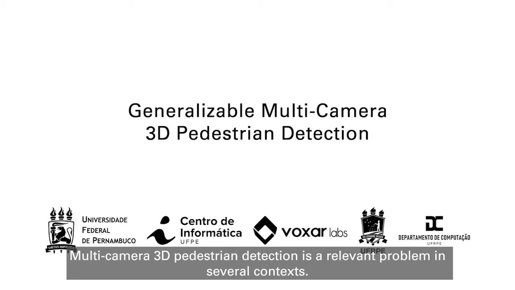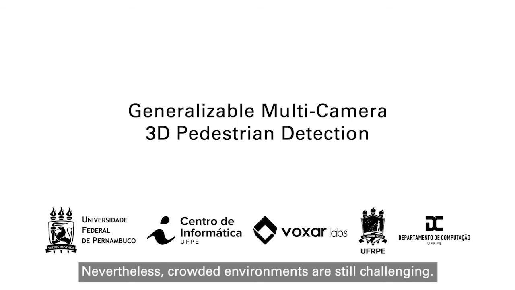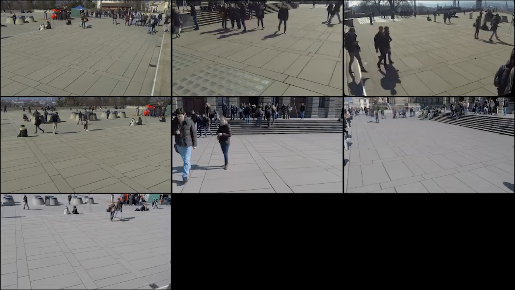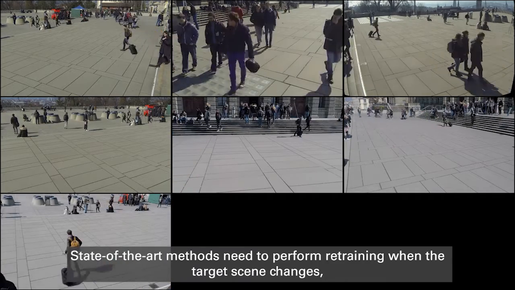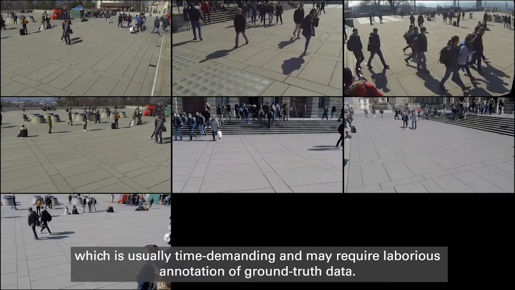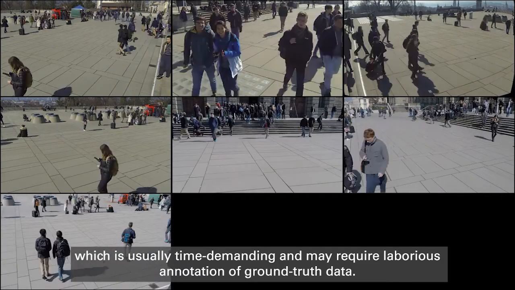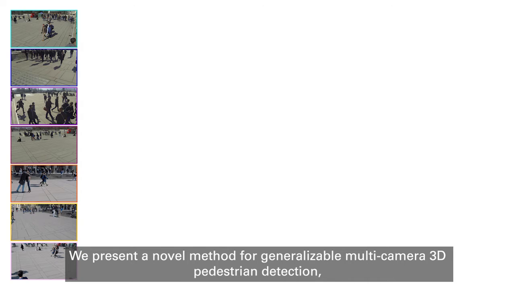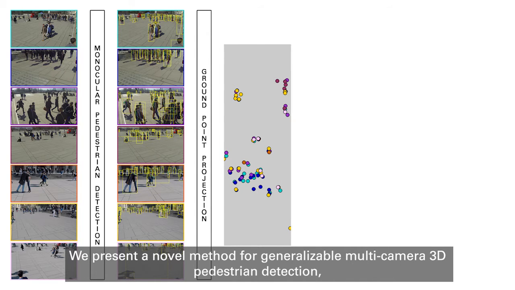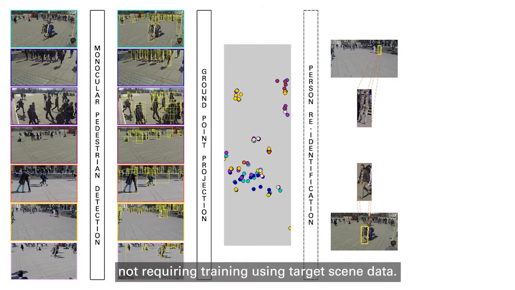Multi-camera 3D pedestrian detection is a relevant problem in several contexts. Nevertheless, crowded environments are still challenging. State-of-the-art methods need to perform retraining when the target scene changes, which is usually time-demanding and may require laborious annotation of ground truth data. We present a novel method for generalizable multi-camera 3D pedestrian detection, not requiring training using target